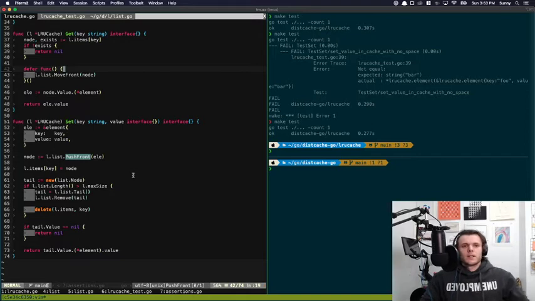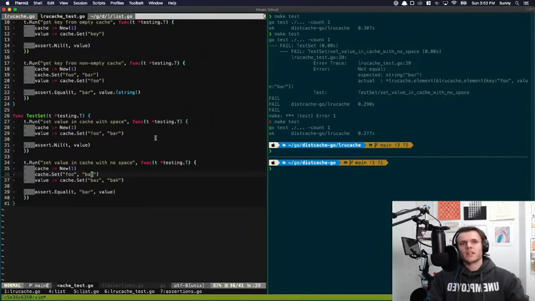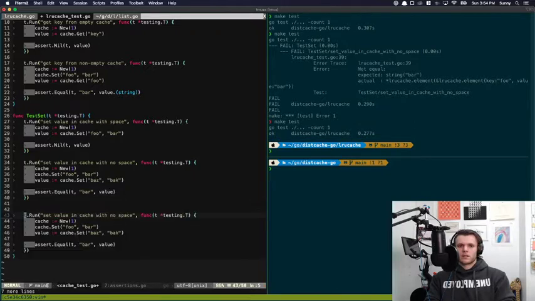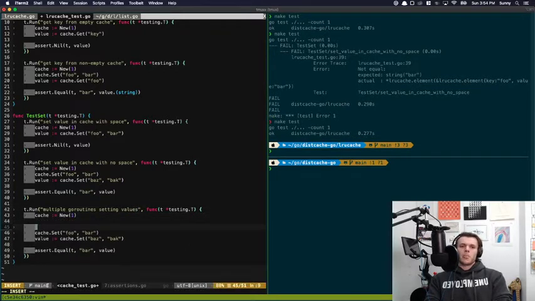For example, if I had 2 Go routines, both trying to set two different values. Actually, let's try that. I haven't made this thread safe, so let's try 2 different Go routines happening. Let's do multiple Go routines setting values. So what I'm gonna do is create this cache, and then I'm going to